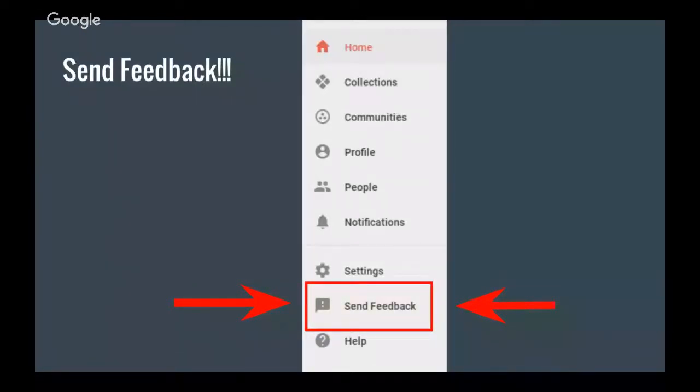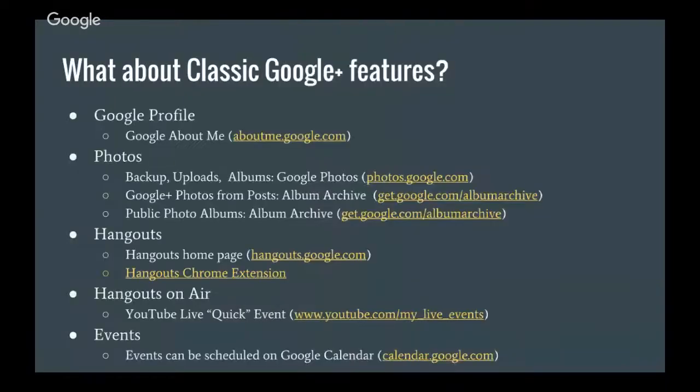That is my overview. I just wanted to briefly mention that there's a bunch of features that were in classic Google Plus that are not in the new Google Plus. Like I mentioned, your profile, most of that information is on the About Me page. Hangouts is no longer part of Google Plus. Hangouts on Air are over on YouTube.